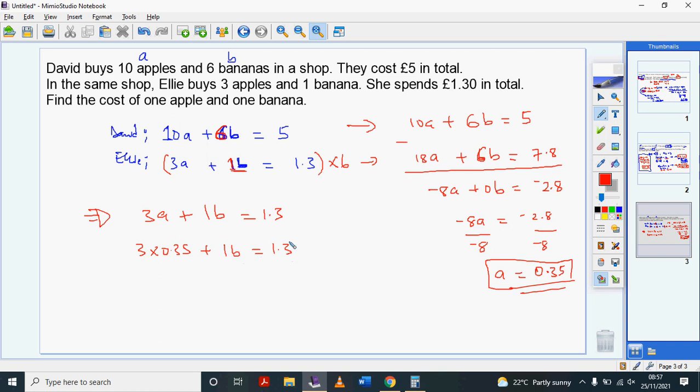So 3 times 0.35 is 1.05 plus a banana is equal to 1.3. Subtract 1.05, subtract 1.05. So the banana costs 0.25